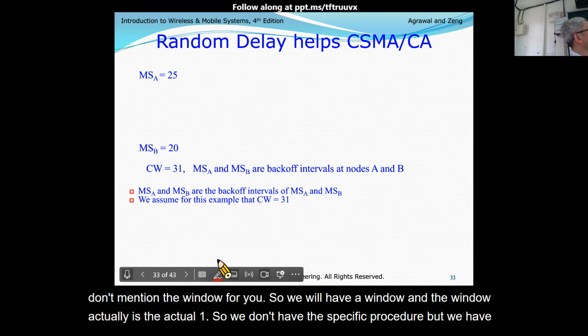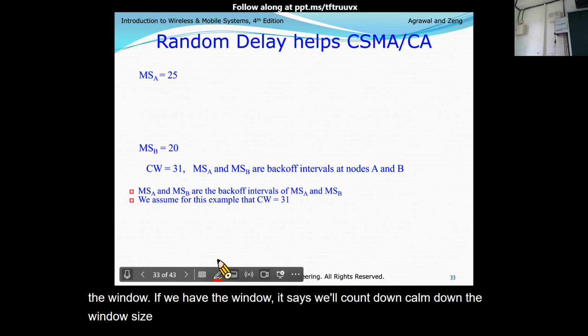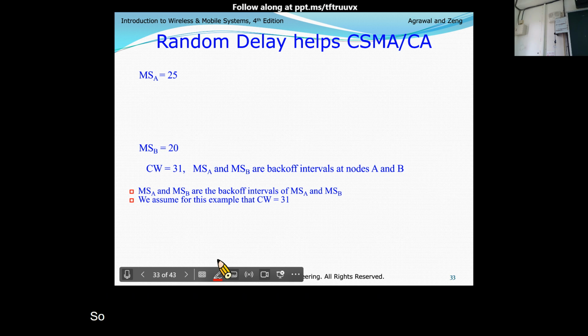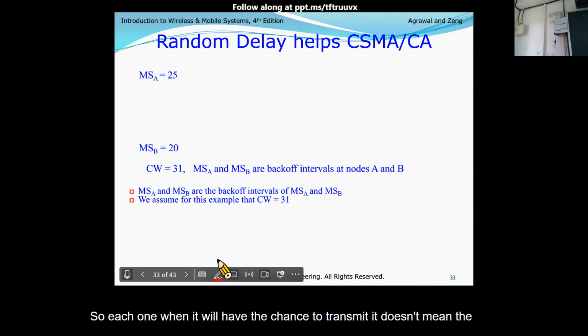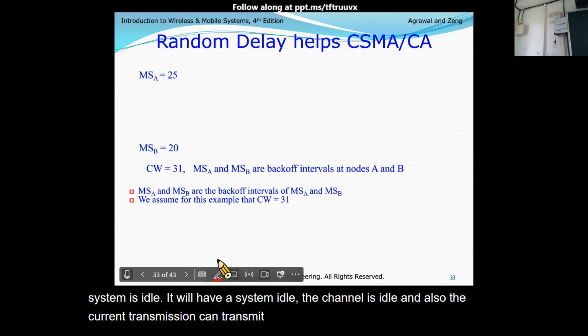We don't have the specific procedure, but we have the window. If we have the window, it says we will count down the window size until it becomes 0, then it has a chance to transmit. So when each station has the chance to transmit, it doesn't mean only that the channel is idle; it also needs to count the window.